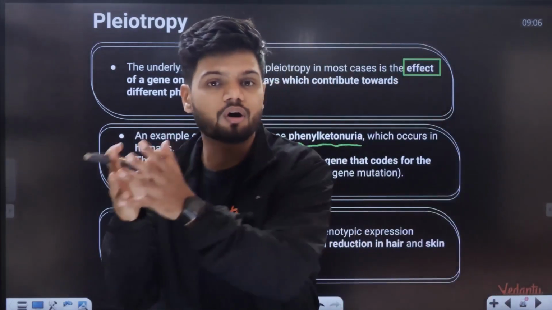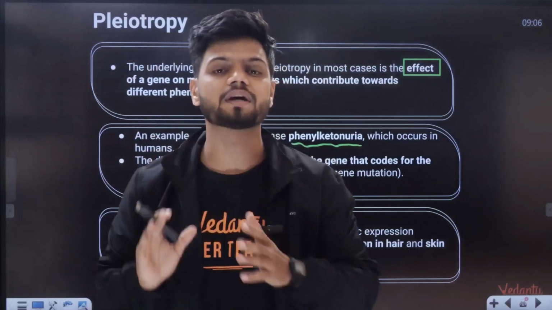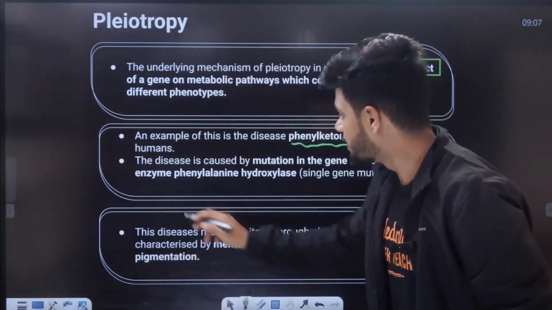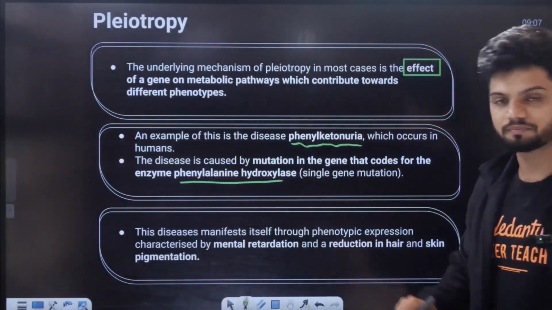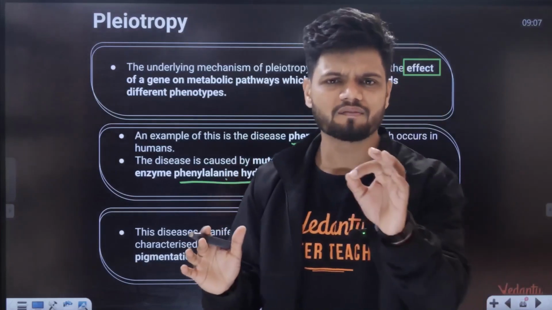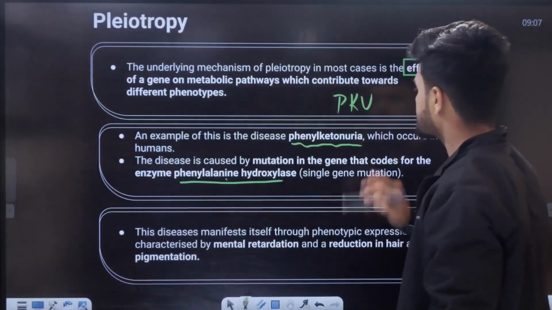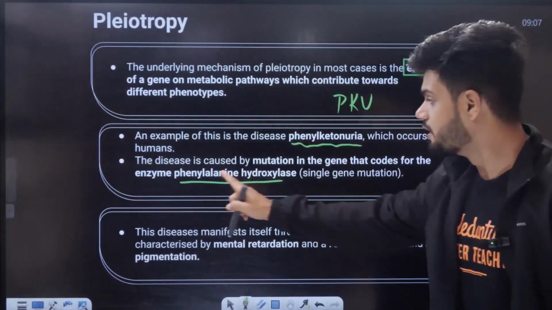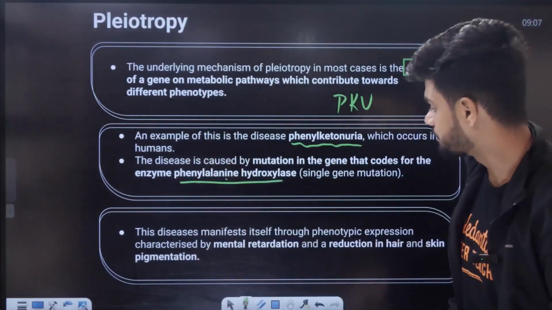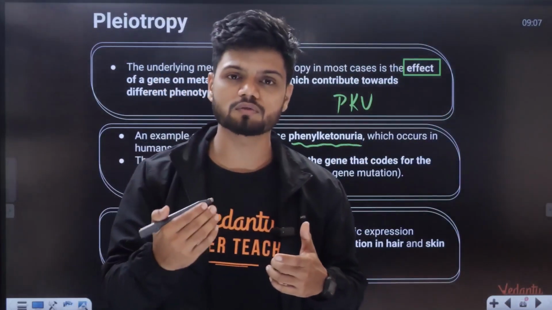Phenylalanine is not converted to tyrosine because one enzyme is missing. The enzyme is called phenylalanine hydroxylase. If this enzyme is missing, then we get a disease called phenylketonuria, PKU disease. PKU disease, when this enzyme is completely missing. Now, when this enzyme is missing, because of this mutation,